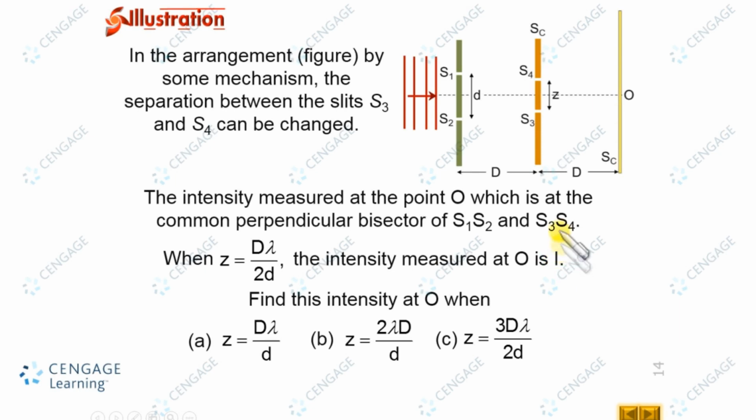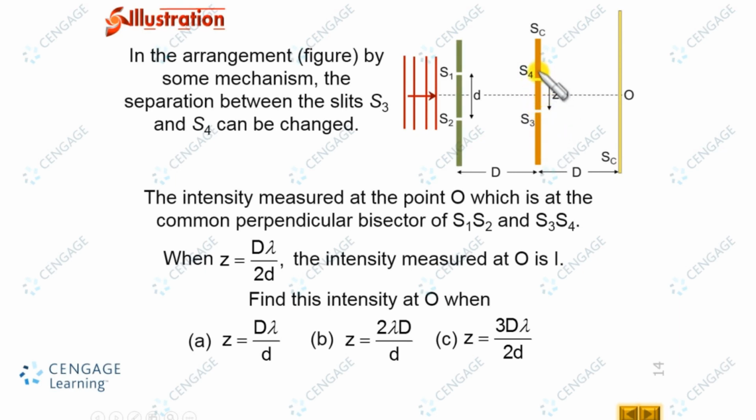You can observe here this part of the diagram is just the same as the standard set of the Young double slit experiment. That means the separation between S1 and S2 is fixed and equal to small d. The dotted line is the principal axis, and the second screen is just like the screen in the Young double slit experiment, where this distance z means z by 2. If we move up or down, that is we measure y, and y equals z by 2. And here we can observe on this screen we have the two slits.